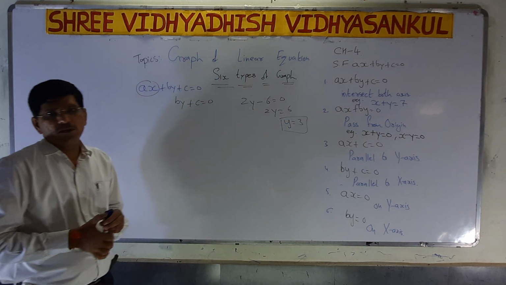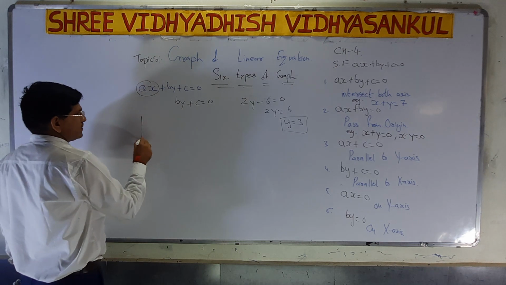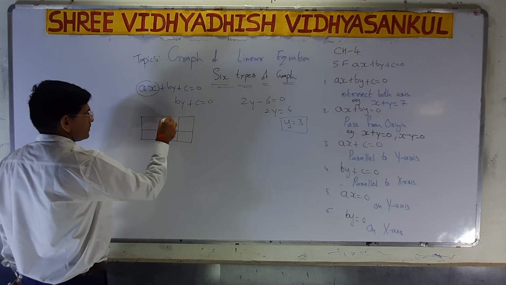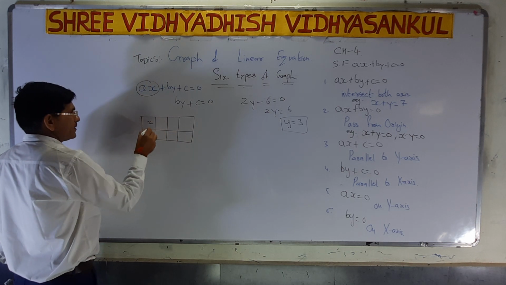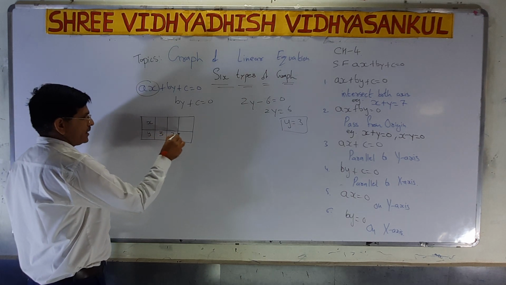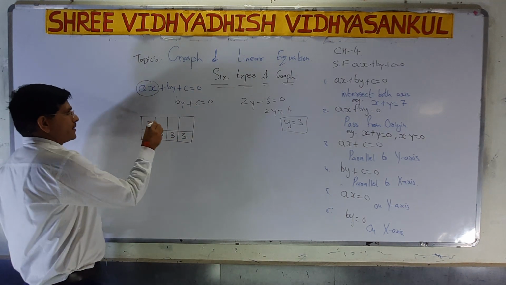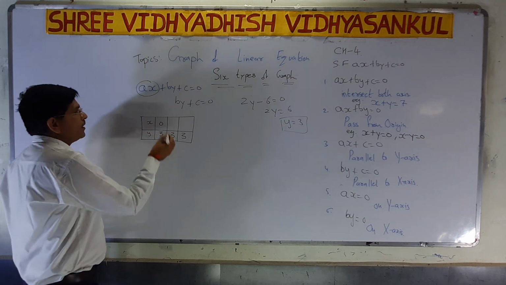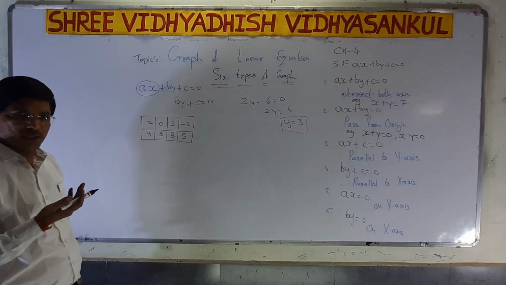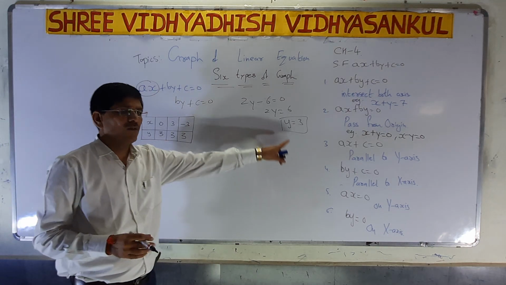So again we have to draw the table, and which value do we have to fix? It is y. The y value we have to fix. For x and y, the y value I have to put is 3. The value of x I have to change. I also take 0, 3, or minus 2. You can take any value for x, but the value of y is fixed.